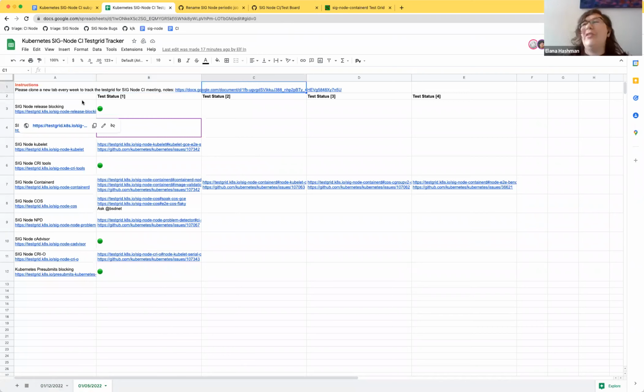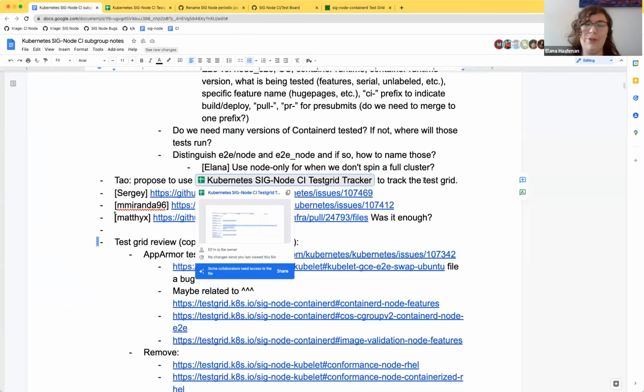One thing I would add to this is, in theory, we shouldn't have to be manually chasing down all of these reds. The main reason we have to do that right now is just because we have so many test failures. But in theory, test grid can alert us, and it sends us emails to the SIG Node test failures mailing list. I don't know that everything is currently set up to properly alert right now, but in theory, I think that is the goal of those alerts.